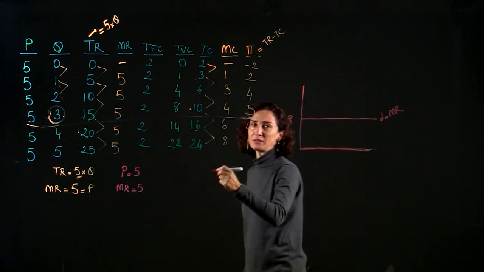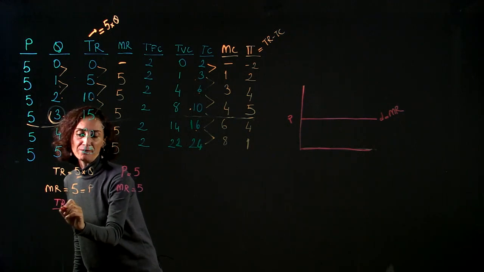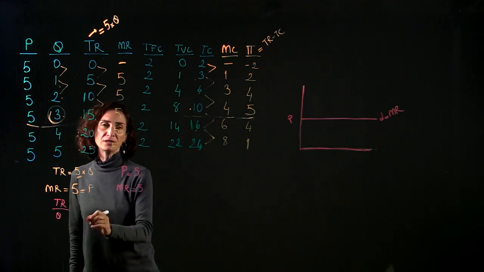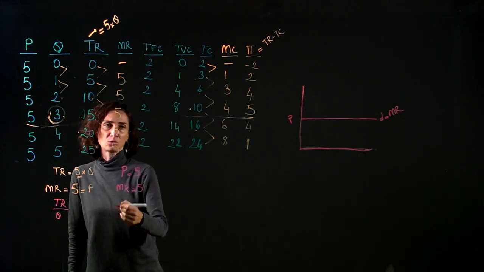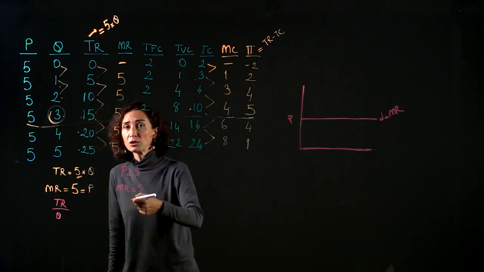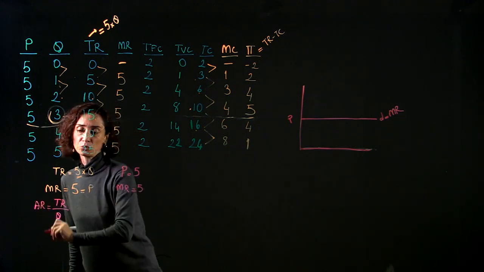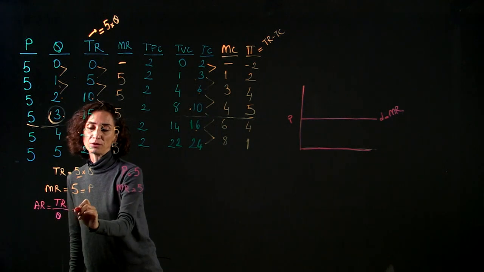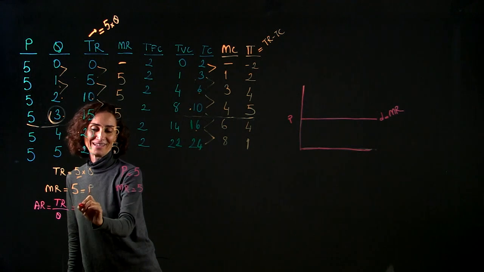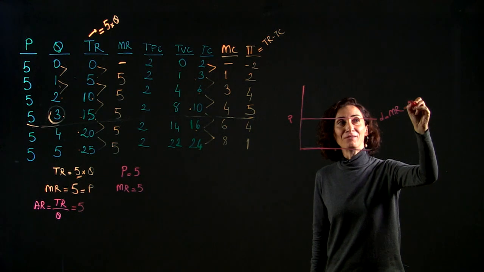And also, one additional piece of information, think about the definition of average revenue. Total revenue divided by Q. Average is always defined by dividing by Q, right? So when we find average total cost, it is total cost divided by Q. When we define average revenue, this is always true, average revenue is total revenue divided by Q, then it would be equal to, again, 5, right? So this curve is also average revenue.